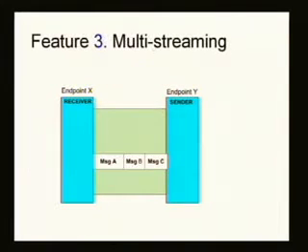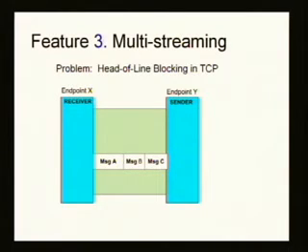A third interesting feature in SCTP is its multi-streaming feature. We'll first motivate the feature, then describe the solution and show it in action. To motivate it, say we're sending the same three messages from Y to X. All these messages are independent. We send them across, they're all on the network, and a problem occurs. Message A is dropped for whatever reason in the network. We're using commodity switches, say. Okay, so the next two messages are queued up in the kernel.